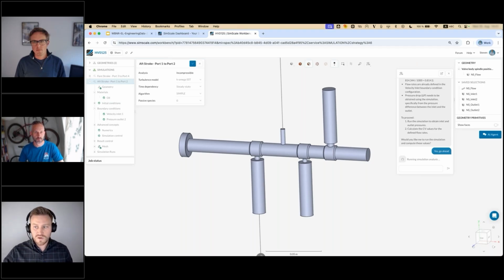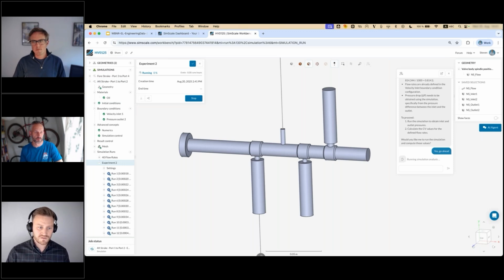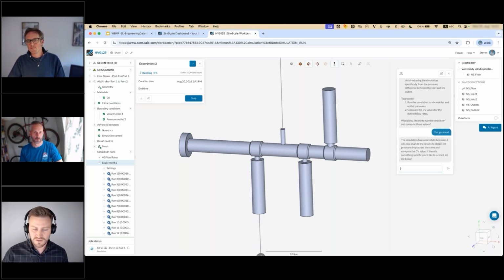So that's a really quick introduction to what's possible with this specialist agent that we have running in SimScale. Obviously, the power of this is you could have many of these agents being orchestrated from an agent orchestration platform to be able to run much more complex scenarios.